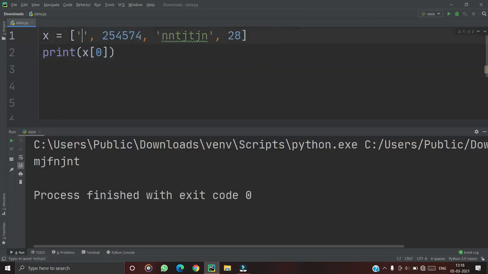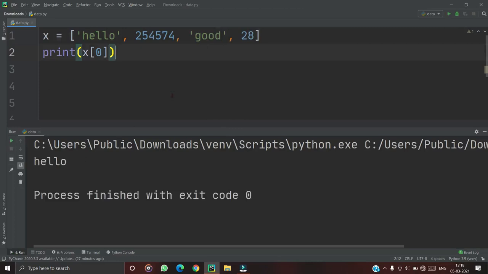I am giving the name hello. If I print right now, you can see hello. If you want to print the last element, that is the third element, index 3, there is 28.